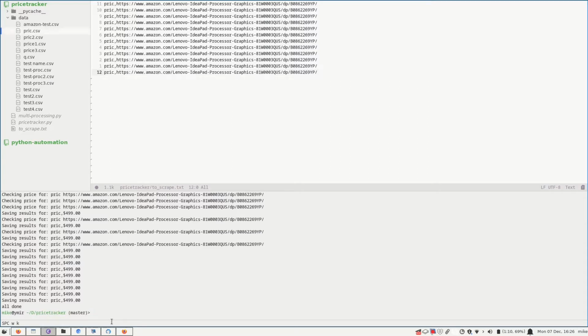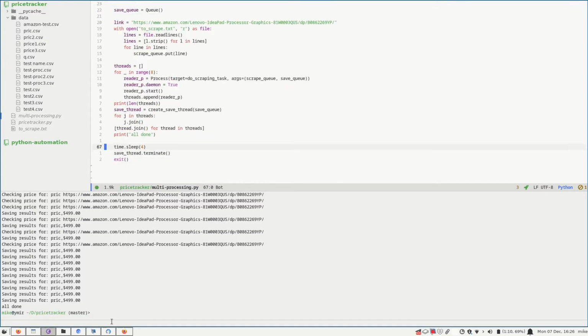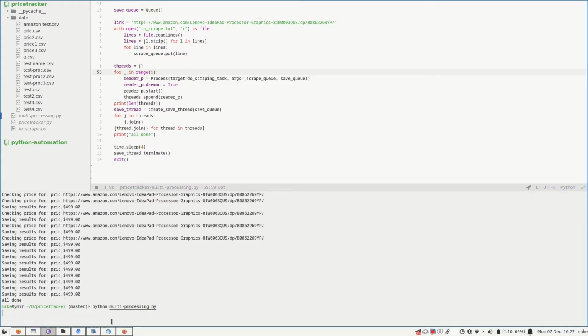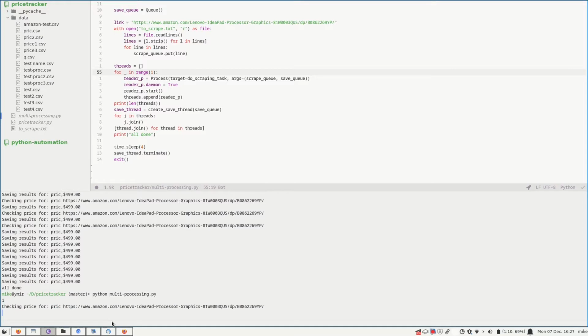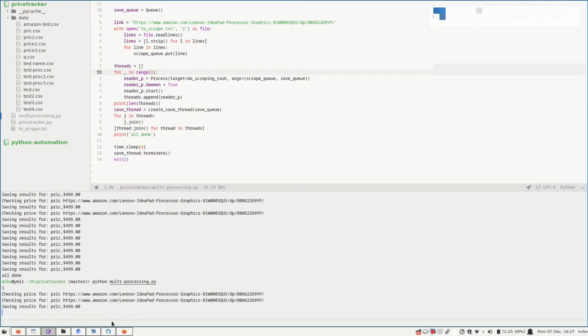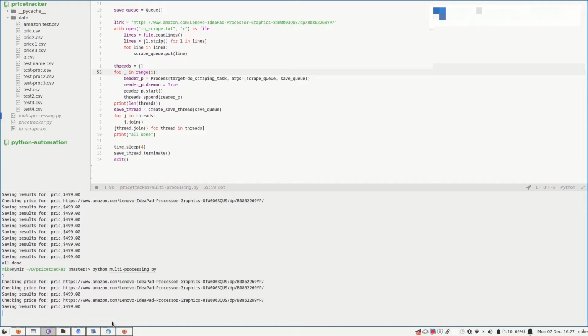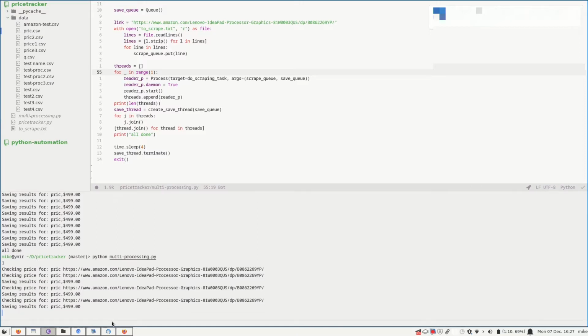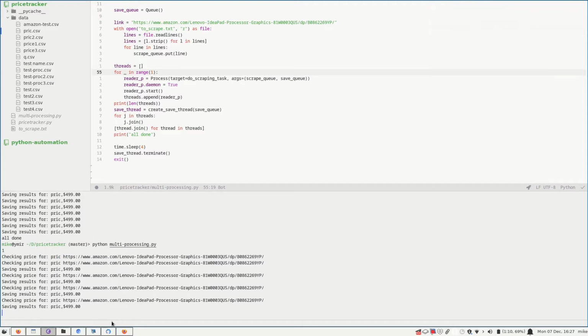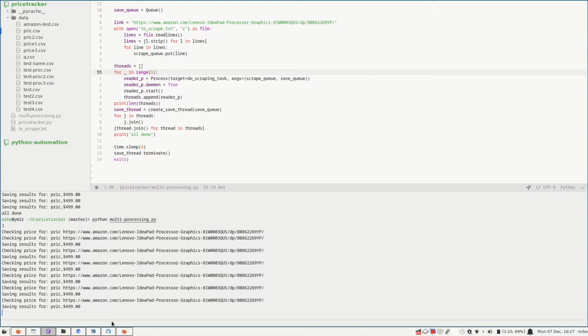Now let's modify the script and check with just one thread. It's like running a normal Python program. As you can see, it's taking a lot longer to scrape this way, and if you have 100 links or more, it's going to take even more. This is why using the multiprocessing library from Python is a better way,